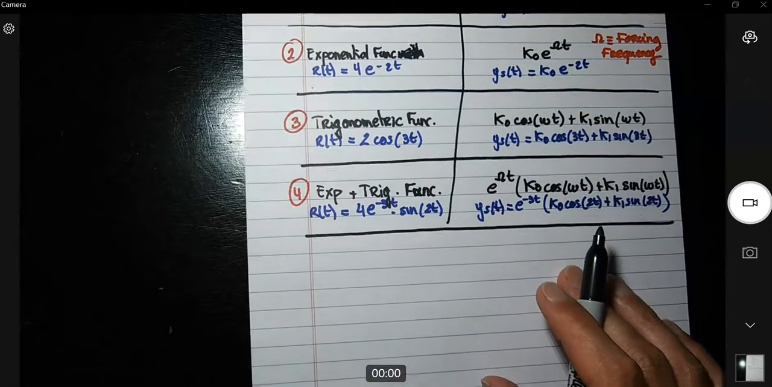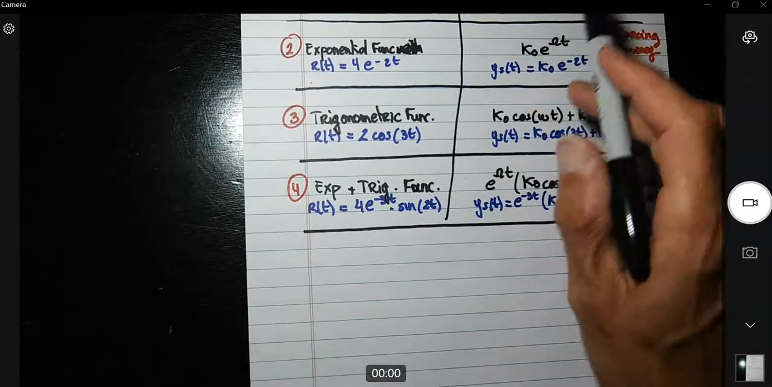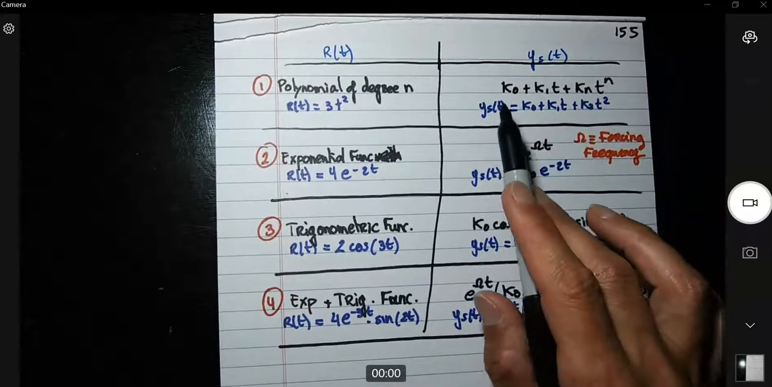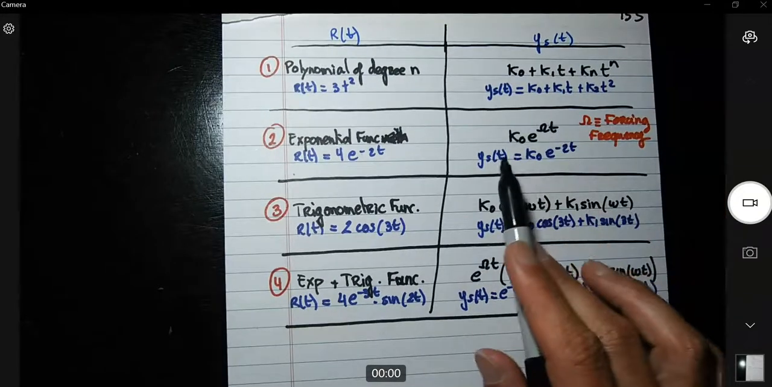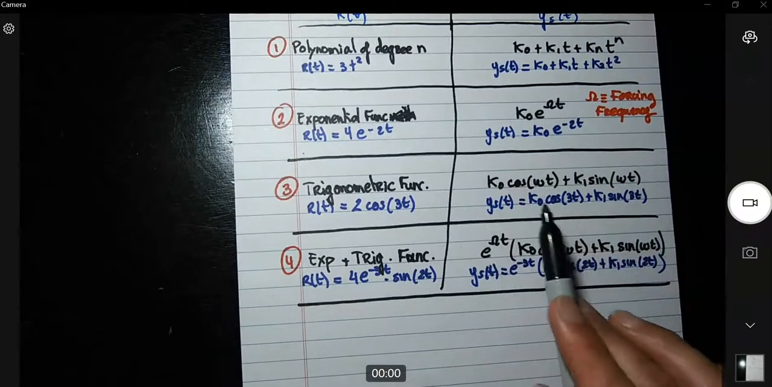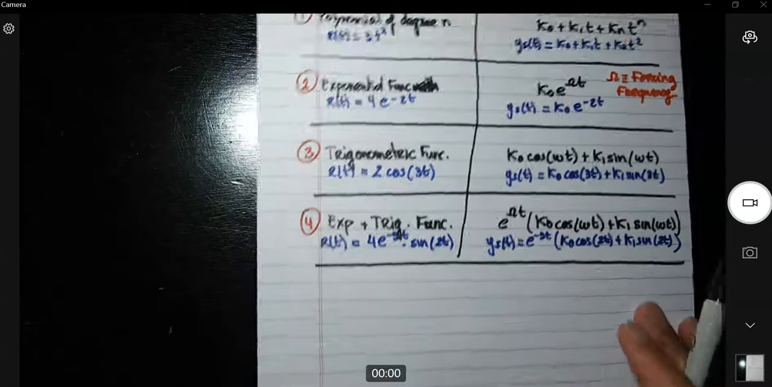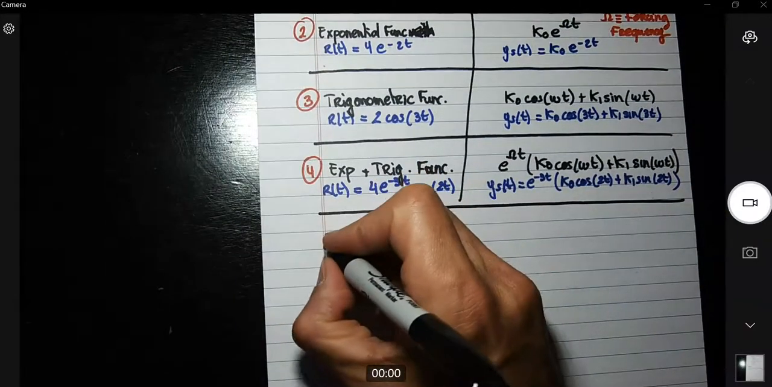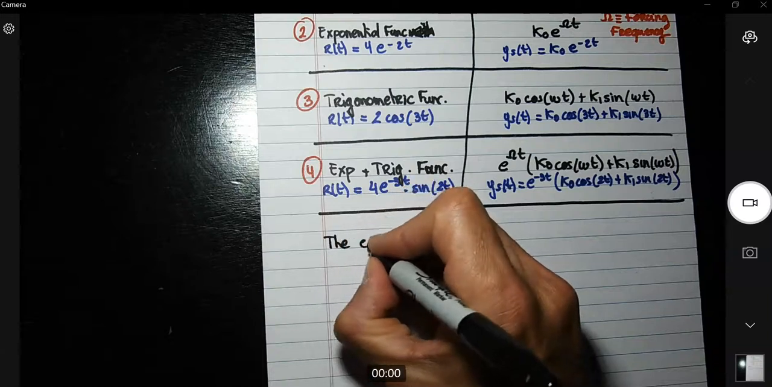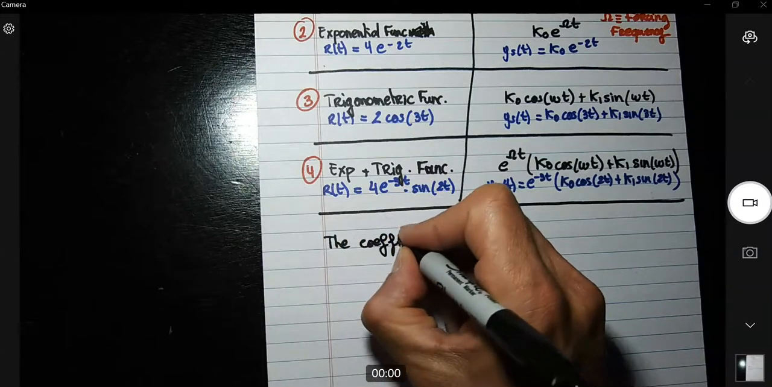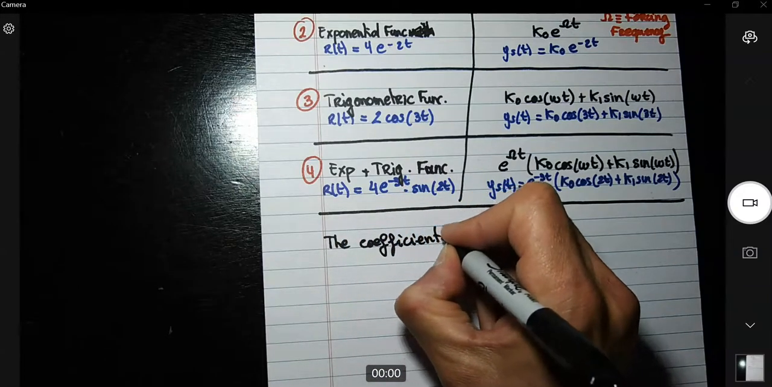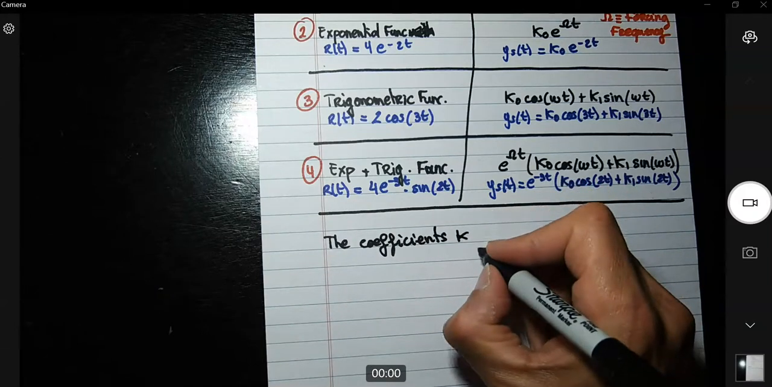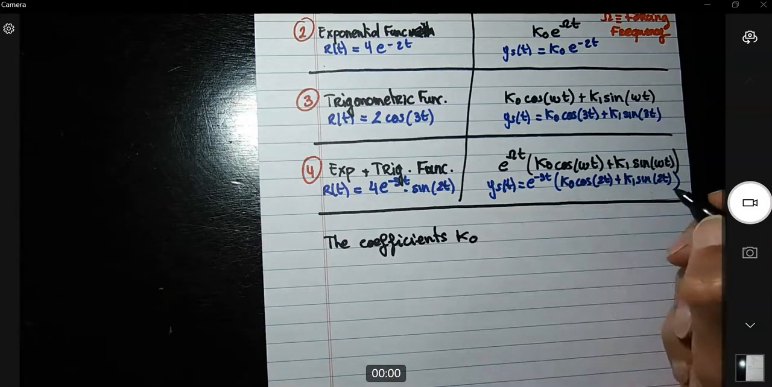Okay, all right, so in this case, now we need to know how to determine those coefficients: k naught, k1, kn. Okay, so the coefficients cannot